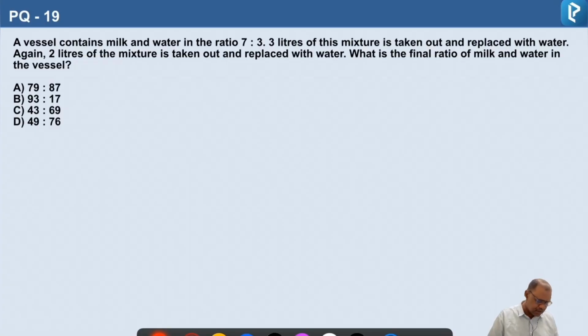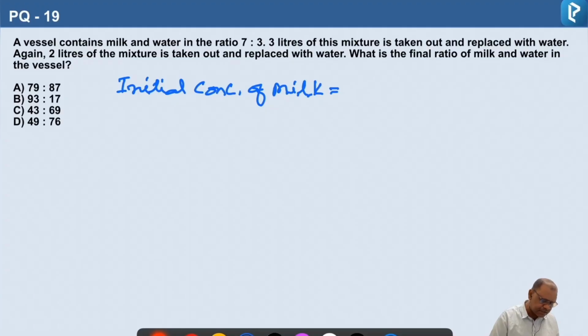So here also let us compare the concentration of milk. So initial concentration of milk is 7 parts out of 10 parts. 7 out of 10. This is the concentration of milk initially. 10 is 7 plus 3, it becomes 10. So from this concentration of 7 by 10,